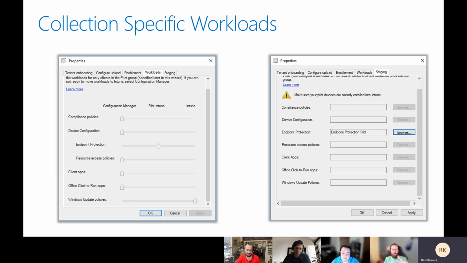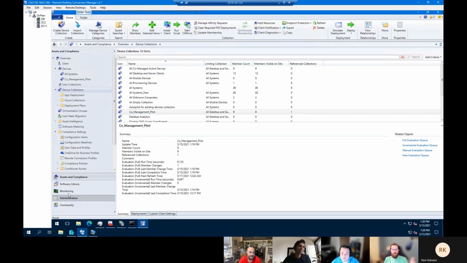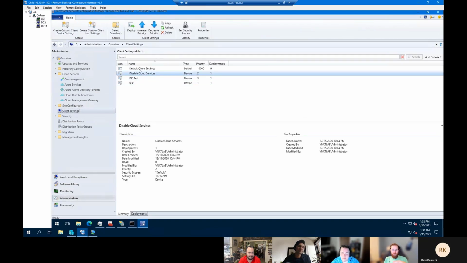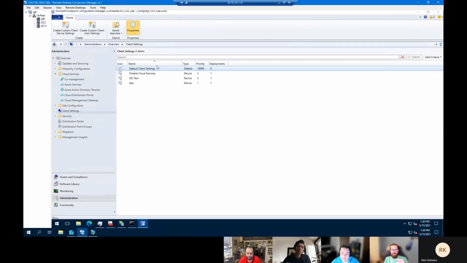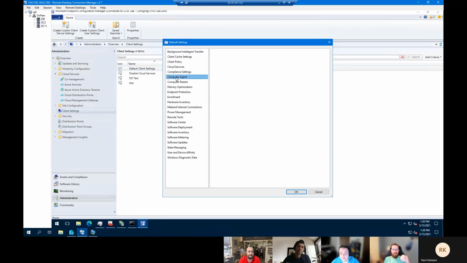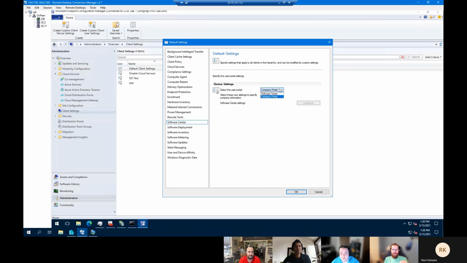So if you deploy Company Portal to your Config Manager managed devices, the Company Portal natively will now automatically show all of your Config Manager apps and all of your Intune apps in the Company Portal, which is amazing. But then you also now have the extra benefit of being able to say that you want the Software Center or Company Portal to win as the